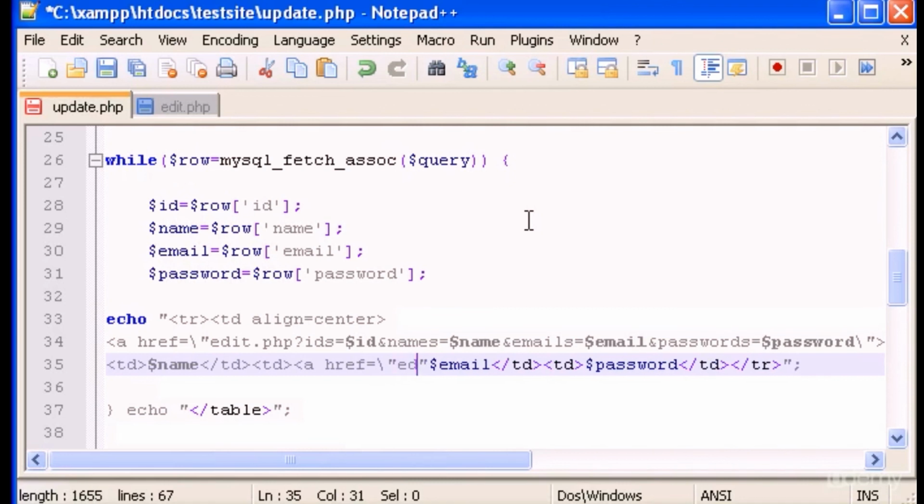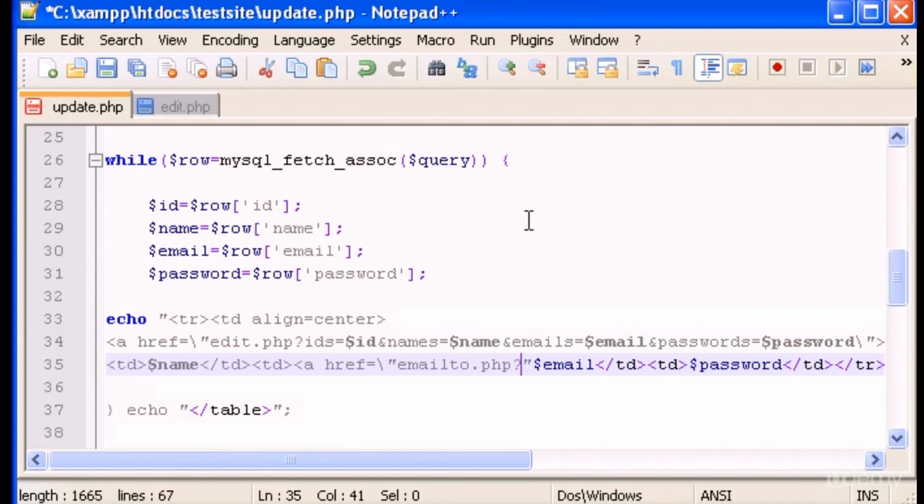Okay, which is going to be called email 2.php. Okay, type that, email 2.php, and then question mark, and then we will have to send some parameters, which